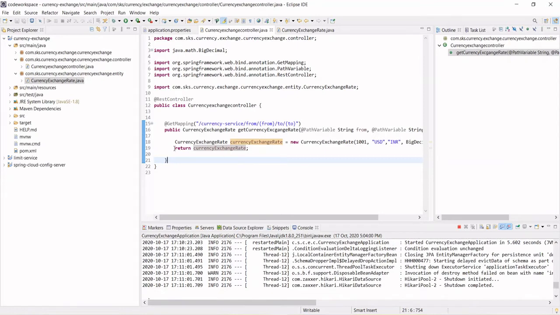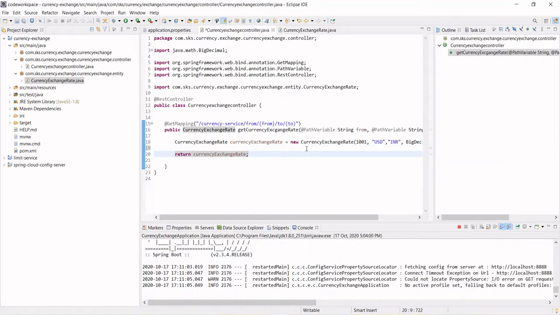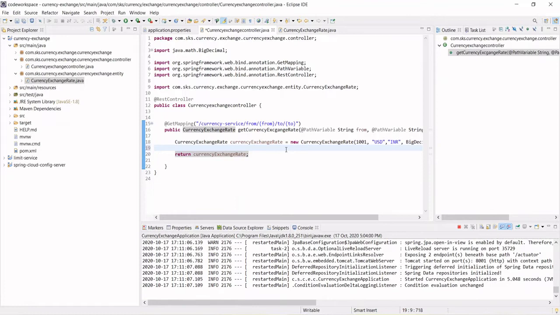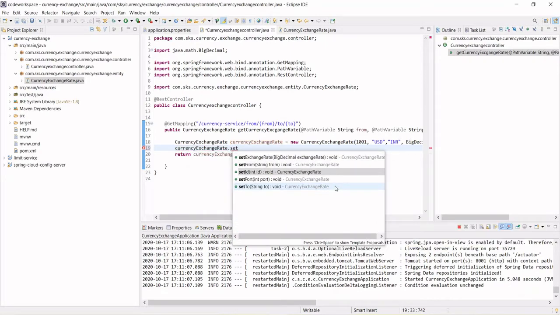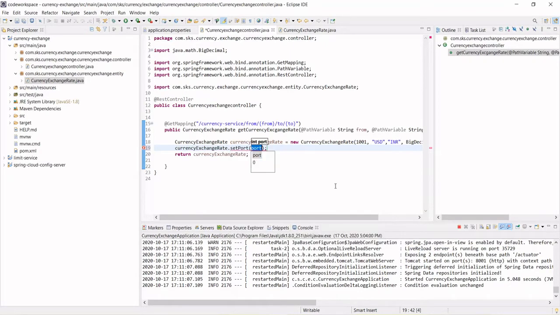Thereafter, before returning, put currencyExchangeRate dot setPort and put 8001 here.